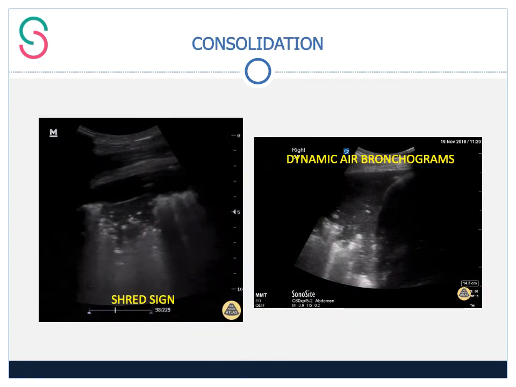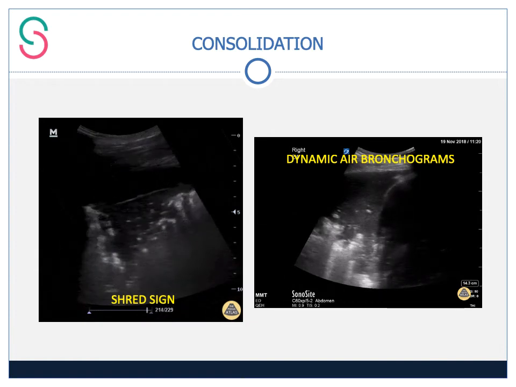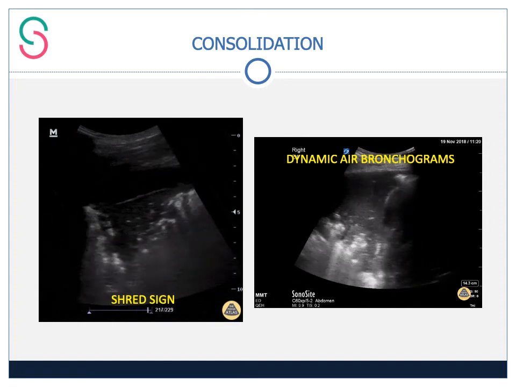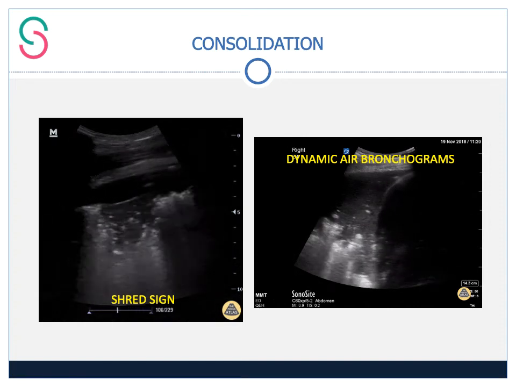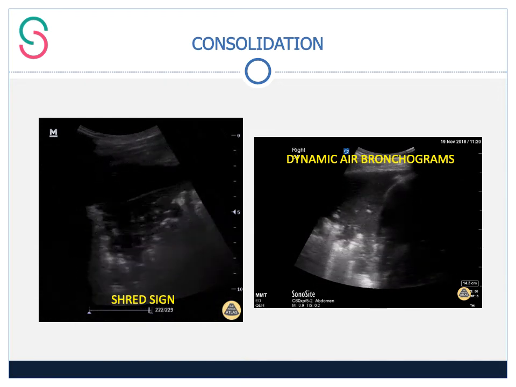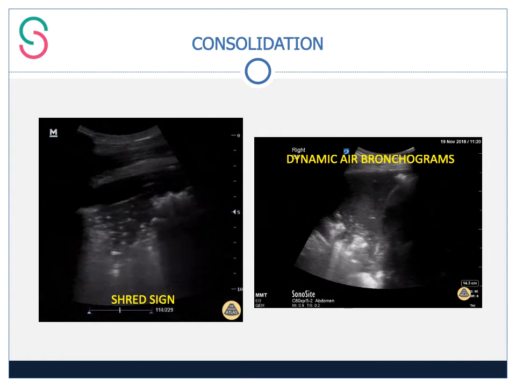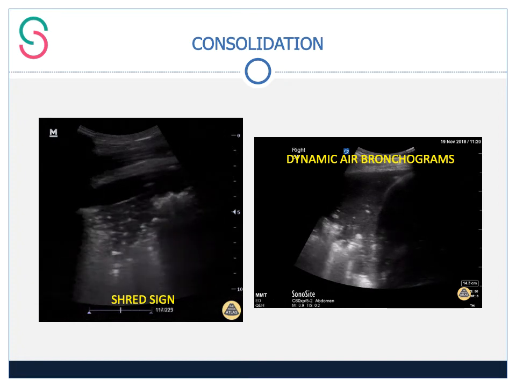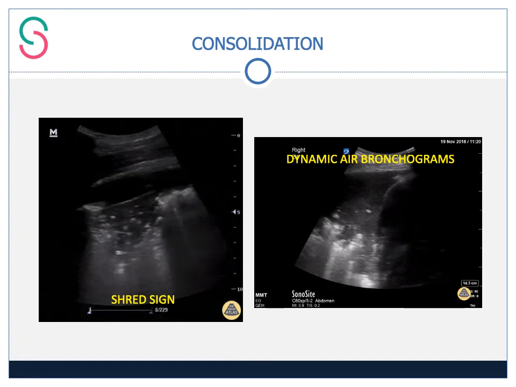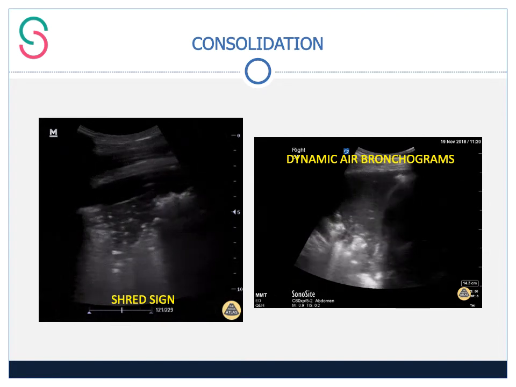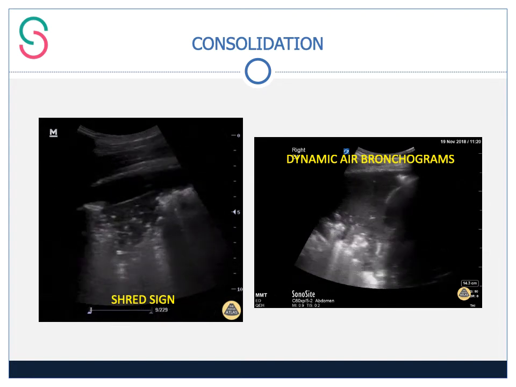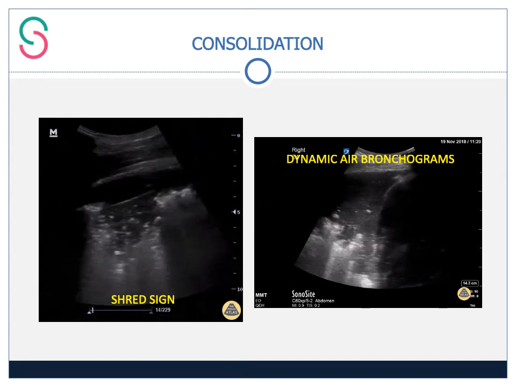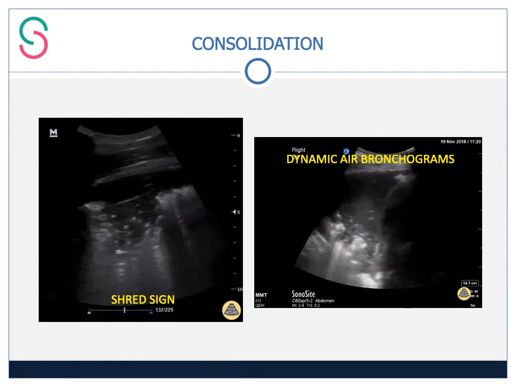And then, of course, consolidation is quite easily seen with thoracic ultrasound if it's peripheral, of course. And there are a variety of descriptive terms given for consolidation. So the so-called shred sign seen on the left-hand image is a segmental or sublobar consolidation, and this is a hypoechoic zone with a very irregular edge, a so-called shred sign edge, like ripped paper, and within it you can see the hyperechoic dots are air bronchograms, so air is white on